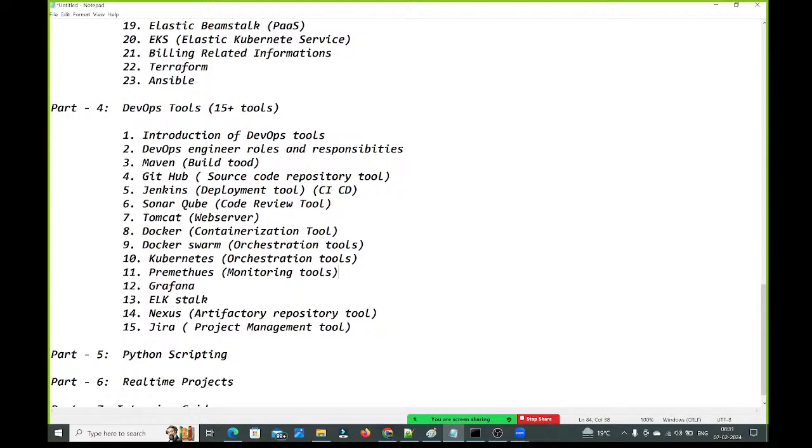After part 4, we will jump into part 5. In part 5, we are going to learn Python scripting. As I told, Python scripting is going to play a very important key role in 2024 especially, for DevOps engineers. Python scripting is going to become a mandatory tool, guys. I'm not telling that without Python scripting you won't get the job. You will get it. But they are making Python scripting also mandatory for DevOps engineers. Companies are expecting Python scripting also.